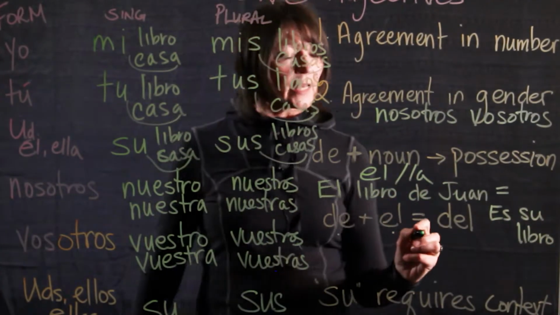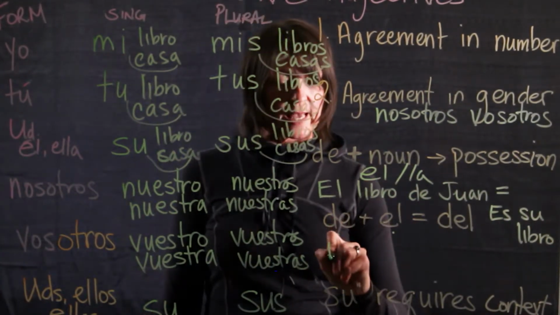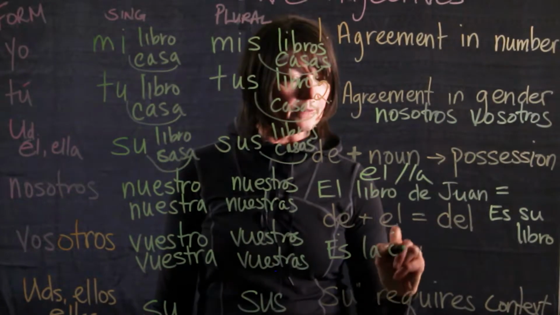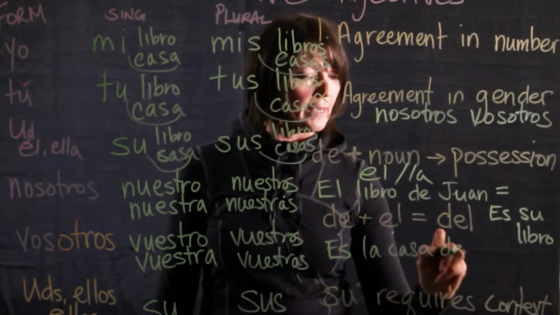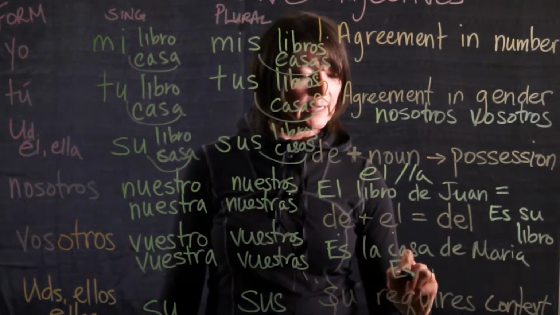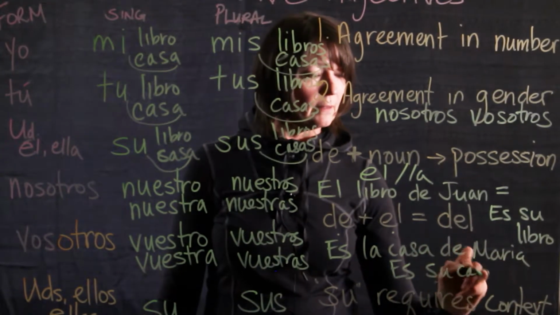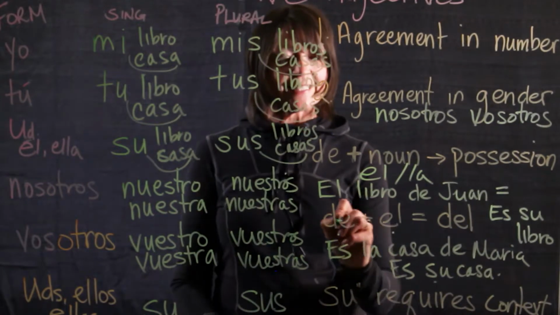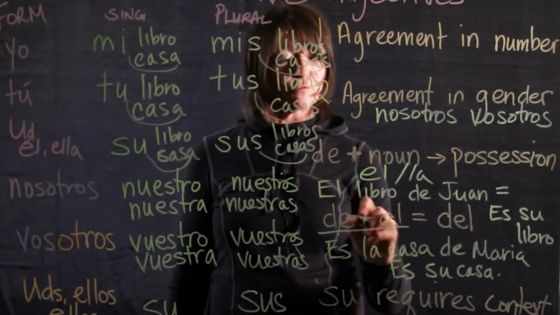Okay? Es la casa de María. Es su casa. Okay? So this de is central to forming